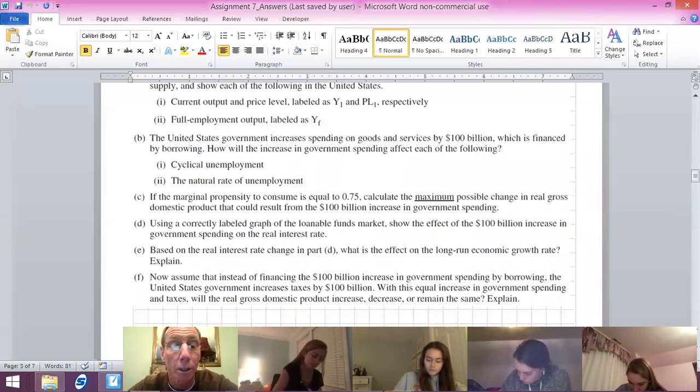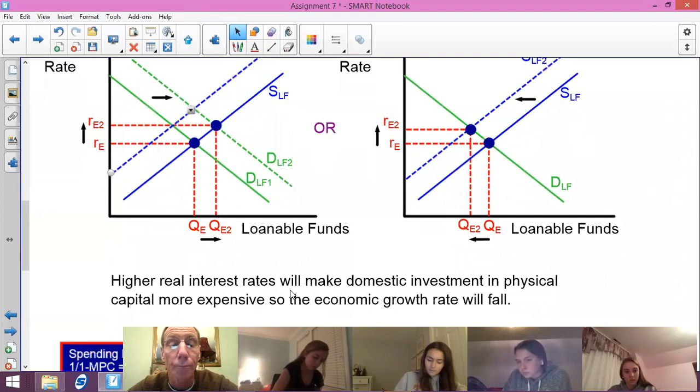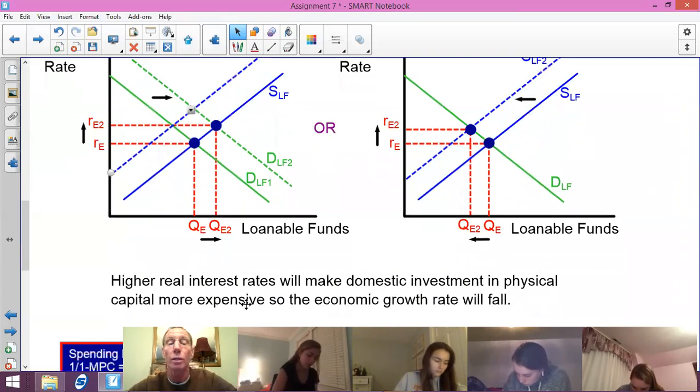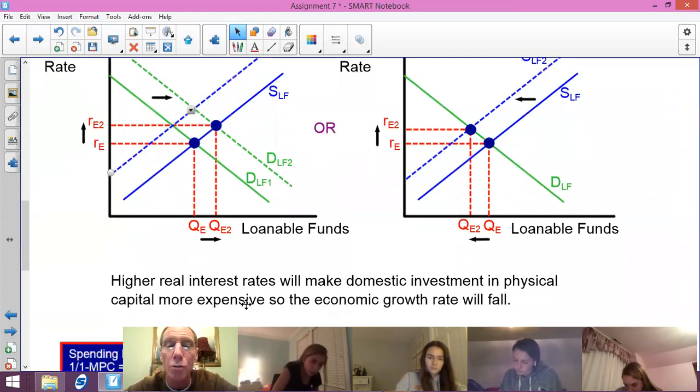Okay, well, if the real interest rates go up, it's going to make domestic investment more expensive, and this is why it's sort of confusing, but if nominal interest rates go down, people are more likely to buy a house. So that would have the opposite effect. But in this case right here, real interest rates mean if they go up, it means, well, the way you think about this is that companies typically borrow money in order to,